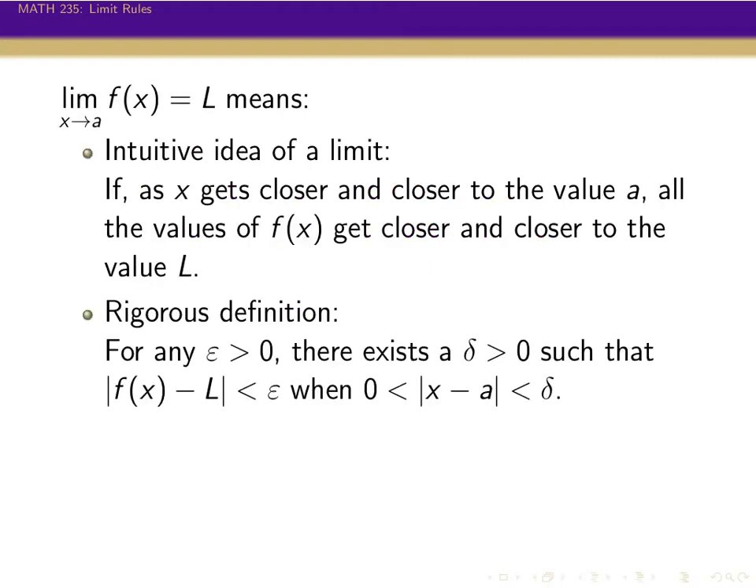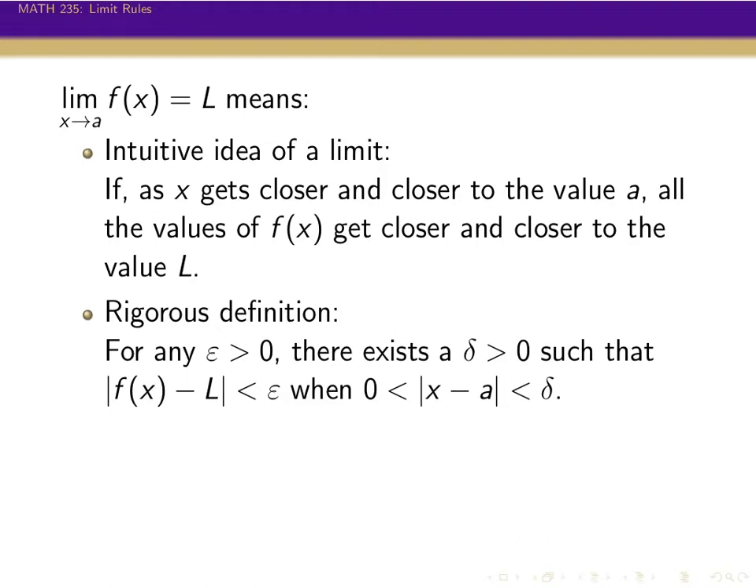And so let's just recall, if we say that the limit of f of x as x goes to a equals L, well, the intuitive idea of this is that as x is getting closer and closer to the value of a, the values of f of x are going to be getting closer and closer to L. And rigorously what we mean is that if we take some small value epsilon greater than 0, then we can find some small value delta, usually delta is small, such that